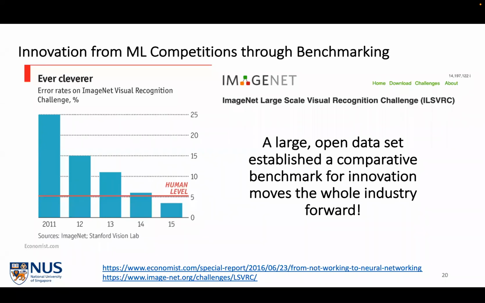And year upon year upon year, it got better and better to the point where by 2015, the solutions were actually performing better than a human just looking at the images and identifying what's in them. In fact, around 2013, 2014, I believe, is where some of you might have heard of deep learning, right? This is a buzzword that's become very commonplace. That competition is really where deep learning, wasn't invented, but it's where it became well known.